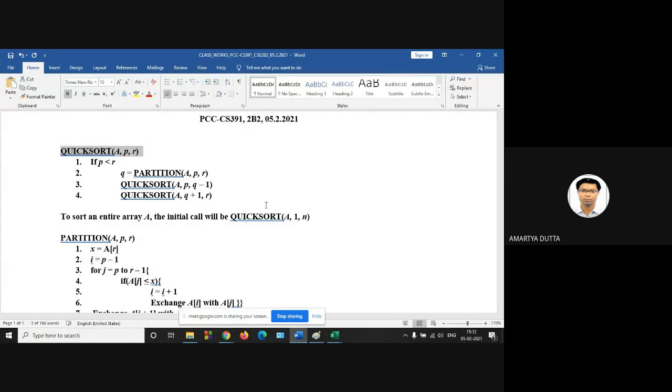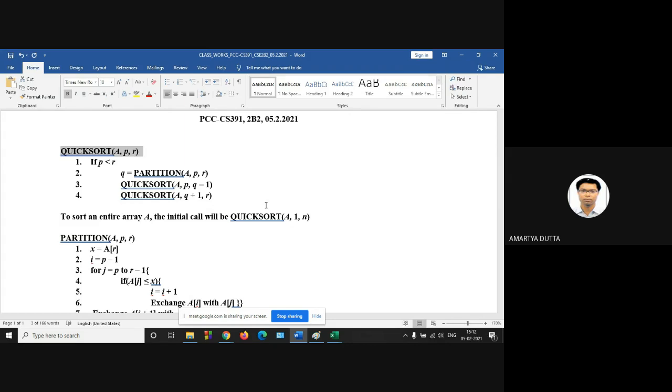It is also called partition exchange sort, because of the pivot element. Today we are going to discuss the pivot. The last element is the pivot according to Lomuto partitioning, and the first element is the pivot according to Hoare partitioning. You can also use a random element, as in randomized quick sort, any element of your array as a pivot.